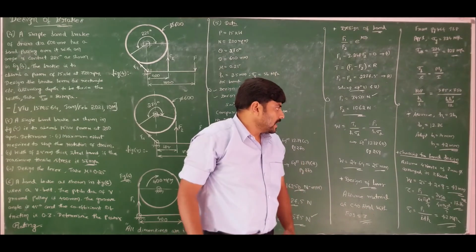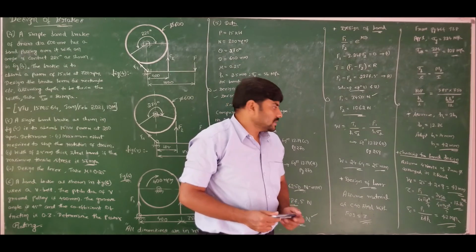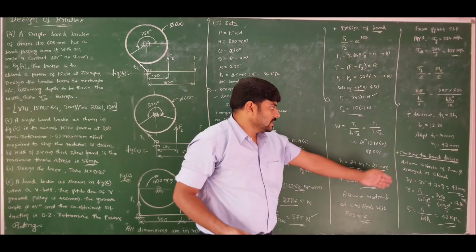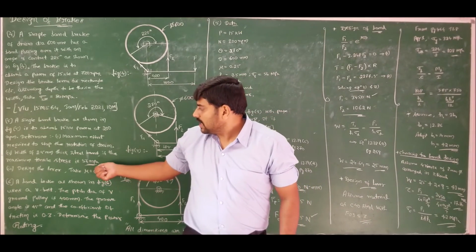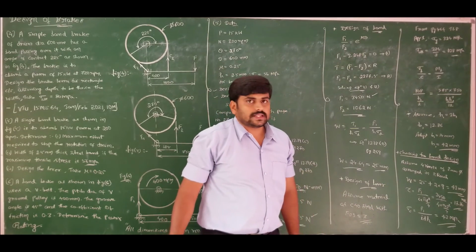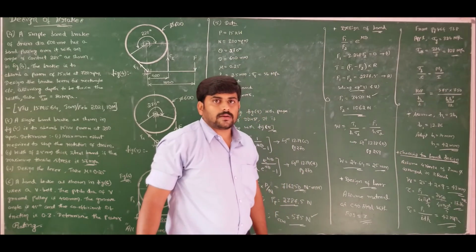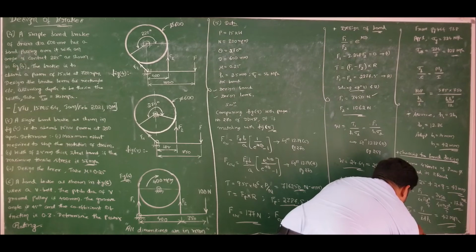So if you refer to the data handbook, in the chapter of design of rivets, you have these formulas for maximum shear stress and crushing stress. Make use of that, determine the stresses, and check whether the stress is below the allowable stress you have specified. If not, you decrease the number of rivets, or retain the number of rivets and decrease the diameter of the rivet. Hence, the design is safe.